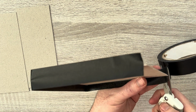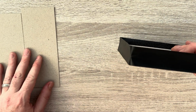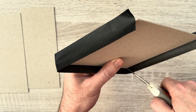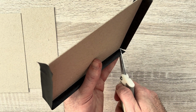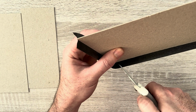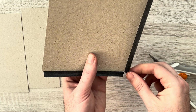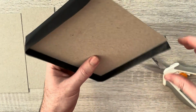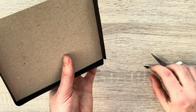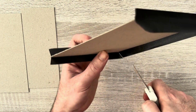So that's all I've done whilst I was chatting the way there. I've taken the length of my tape and placed the chipboard down the center and just taken it around 3 sides. I'll be doing it again, so I'll show you slower next time. And now I'm just snipping the corners away just to remove some bulk. So I'm just taking my scissors and cutting towards the corners of my chipboard. As I said, I'm going to do it again, so don't panic. I'll show you a bit better from the start,